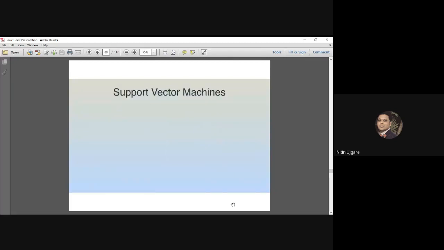Last 2 examples are given, so I'll just go to these last 2 examples. Now the third important machine learning algorithm is called the support vector machine. This support vector machine is also called the margin classifier. Let us understand with some example. This is the guy who is going to perform the support vector machine.